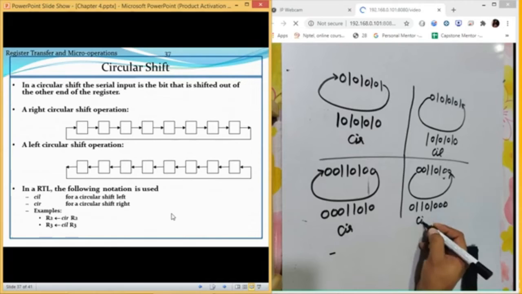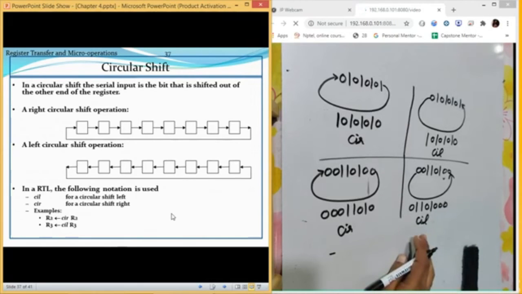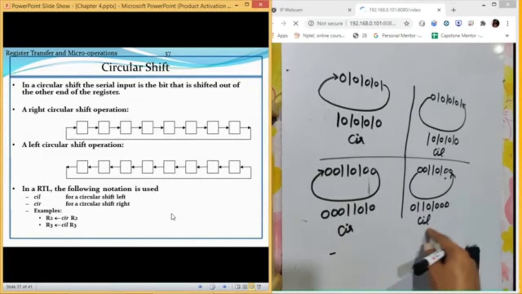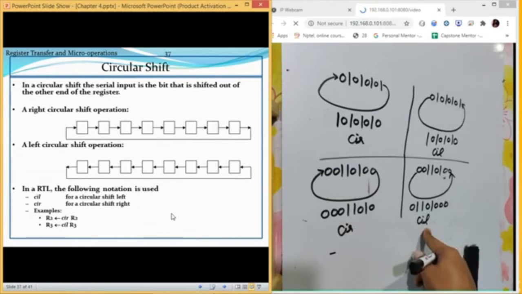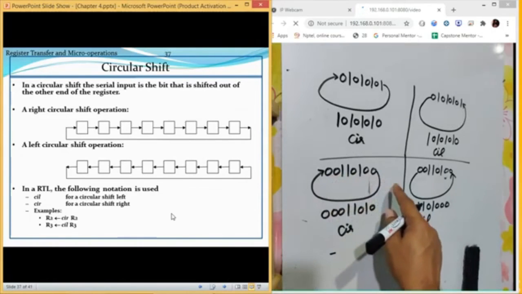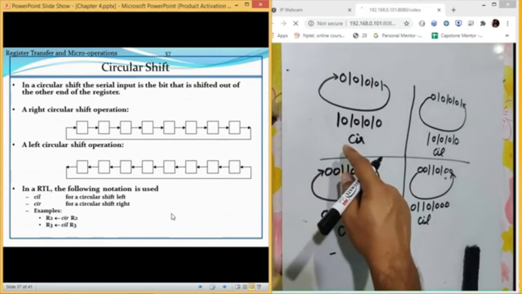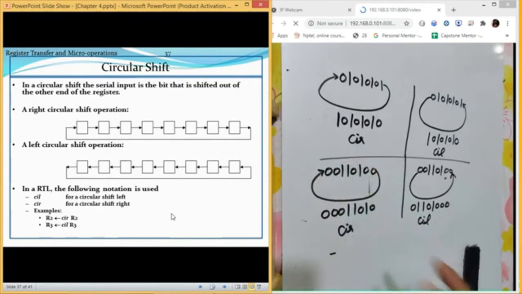So this is a circular shift left. This is how we are going to perform the circular shift right and circular shift left. Simply, the data which is going to exit will enter from the other side. So you can see it in the slide as well.